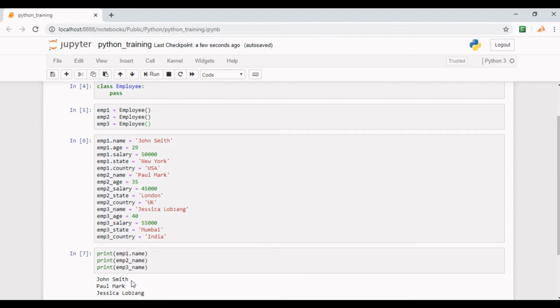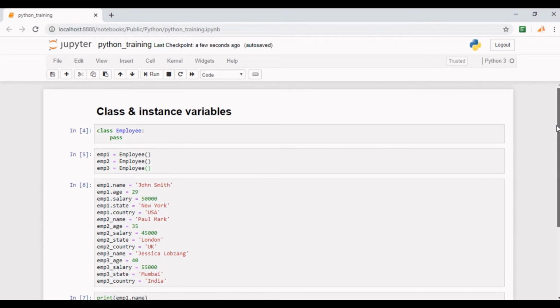Well, again, do you think this approach of using a class has solved our problem? Do you see any reduction in the number of lines in our code? No, right? It is because we have not properly used the concept of class and object till now. Then the question is, how do we do that? So friends, now let's use this class properly and replace the pass statement with a function, the init function.